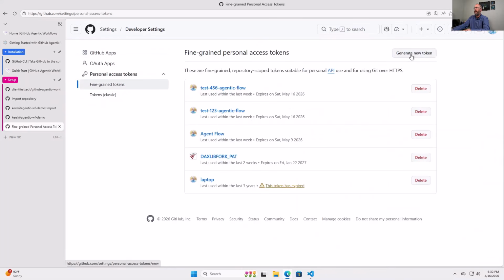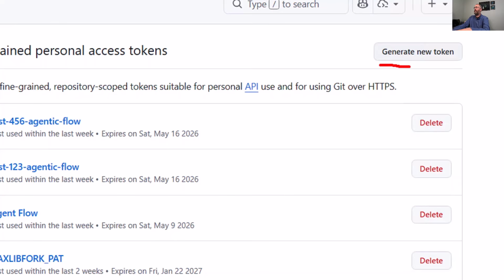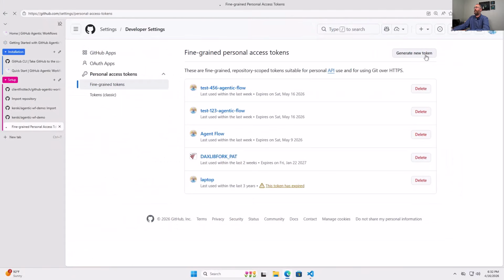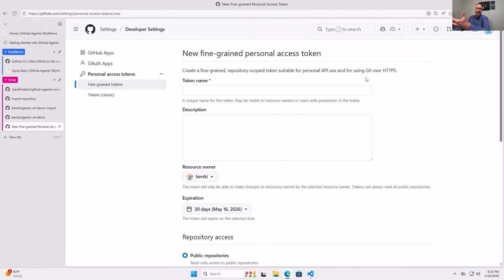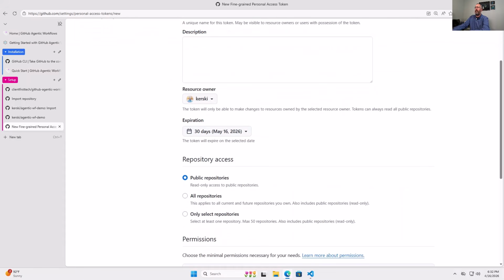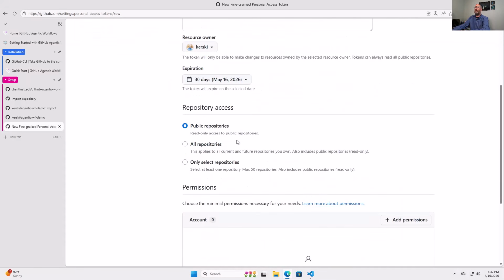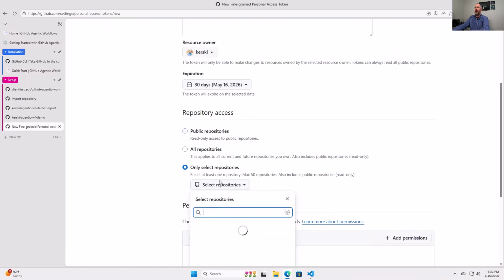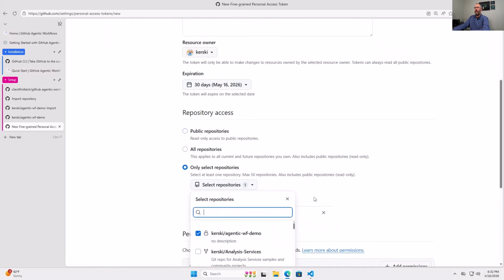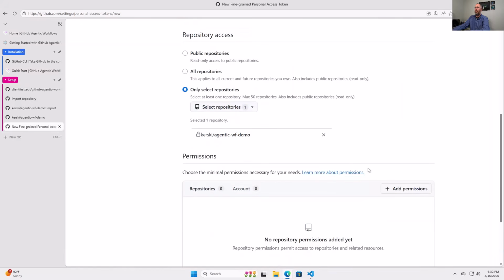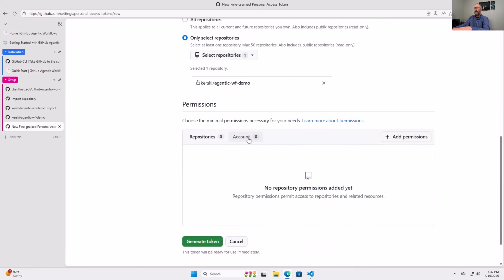And we want to generate a new token. It's best practice to have tokens for specific workflows or specific repositories, not shared. So I'm going to call this Agentic Demo. The resource owner is me. I'm going to set an expiration for 30 days, and I want to just have it for the Agentic repository. And then I'm going to click on Account,